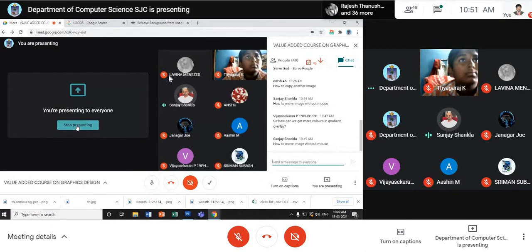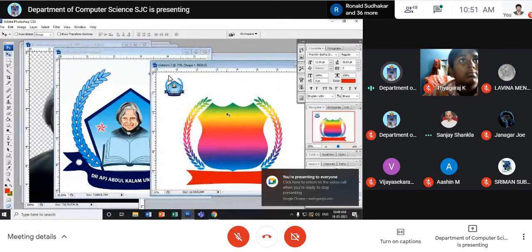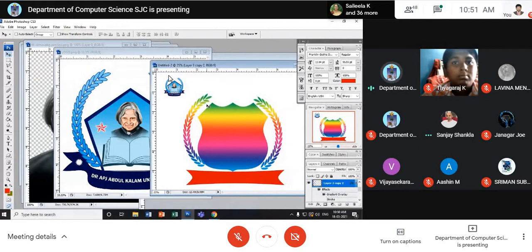Sir, can you show me once again, sir? I didn't notice it. For example, look at here, sir. I want to move this. See, I'm not using mouse. I use the arrow key. Up, down, sideways. Sir, not mouse. Arrow key. Okay, sir. Arrow key, sir. Arrow key. Do you see arrow keys? Up and down, no? Arrow. Yeah, that can be used.